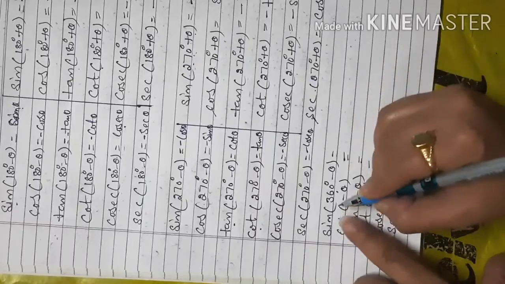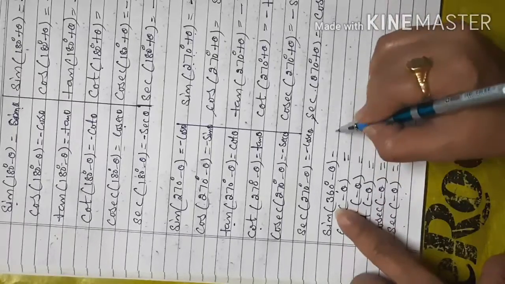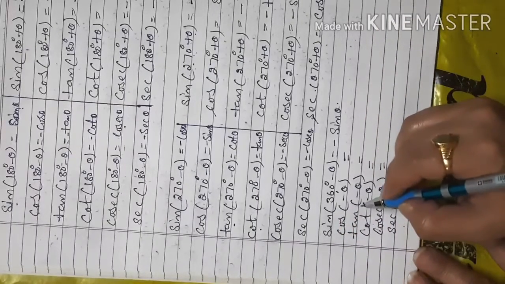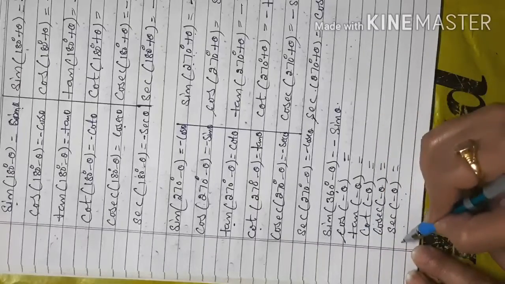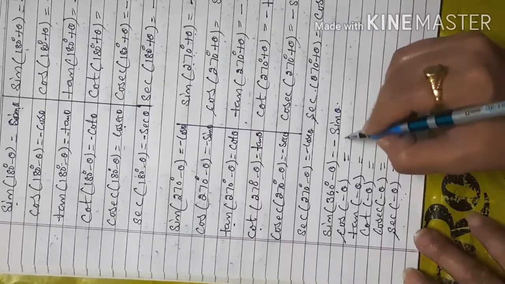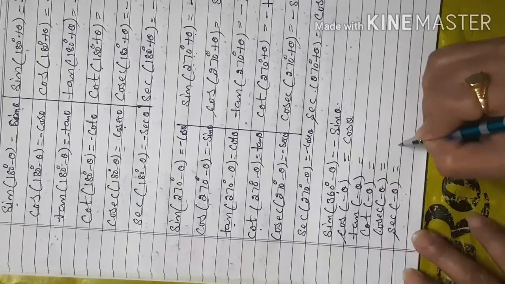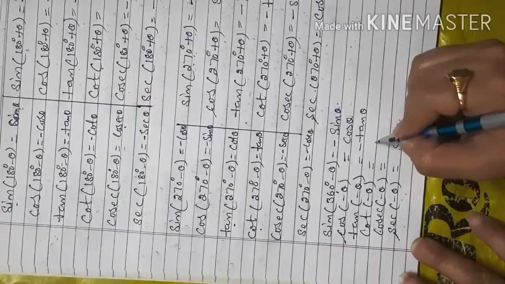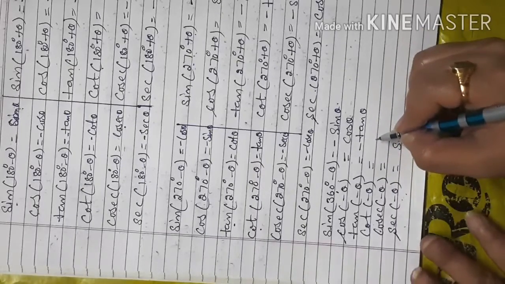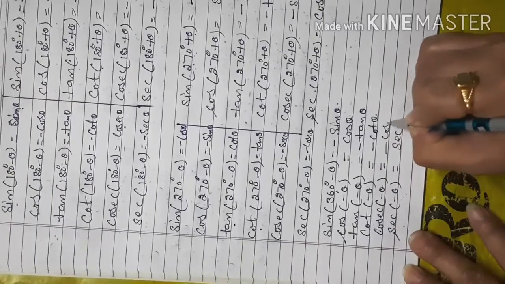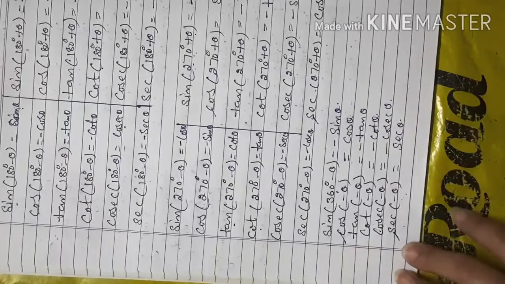So here also, with 360 degree, the trigonometric terms do not change; they stay the same. But in the fourth quadrant only cos and secant theta terms will be positive, and the others will be negative. So that will be cos theta and secant theta, and the others negative: minus tan theta, because we are using 360 degree so the trigonometric terms are not changed, minus cot theta and minus cosecant theta. So that is all for the trigonometric terms.